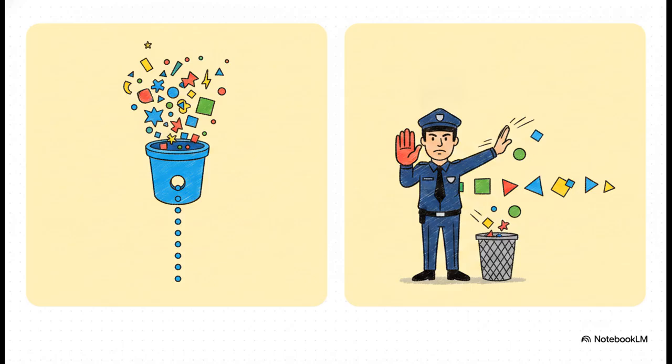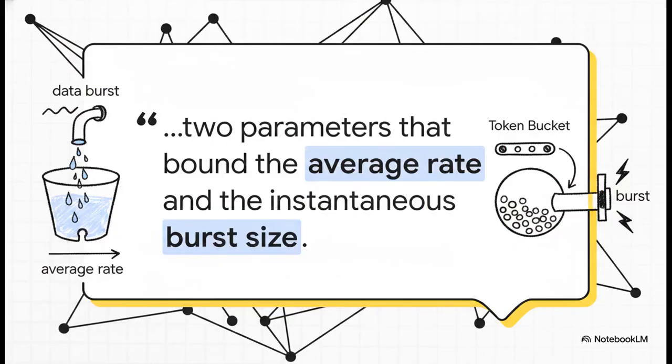It acts like a strict speed limit. If packets exceed their allocated rate, meaning they go out of profile, the network doesn't politely ask them to wait. It just drops them entirely, or at best, marks them down. To enforce these rules, engineers rely on mathematical models like the Leaky Bucket and the Token Bucket algorithms, and they operate based on two key parameters, the average long-term rate and the maximum instantaneous burst size. This is a really clever setup because it allows a customer to send a quick, harmless burst of data, but it completely prevents them from overwhelming the network with sustained, heavy traffic.